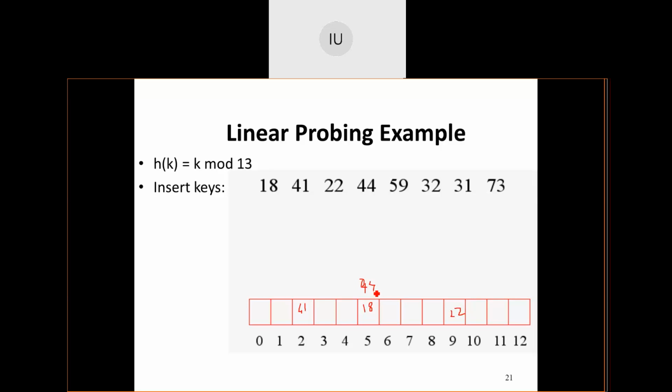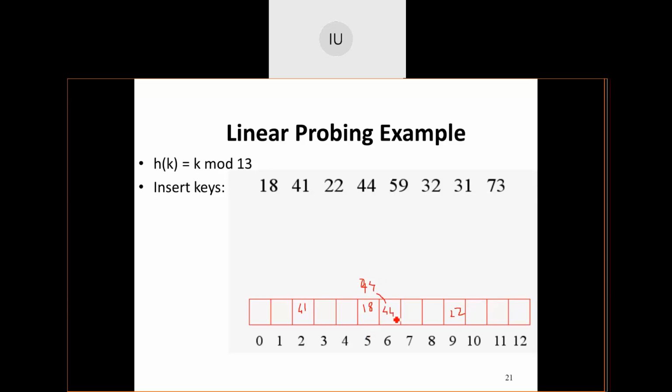So the first step of quadratic probing is linear probing only, because I am adding 1 square to it. To the position that it has got, plus 1 square, it is 6. So 44 gets inside location 6.